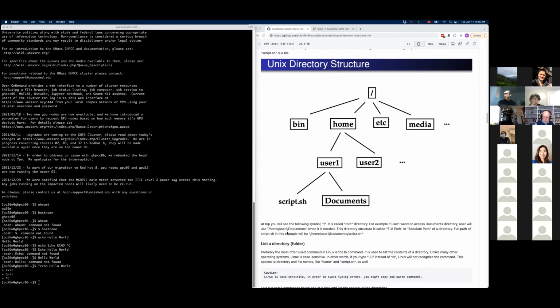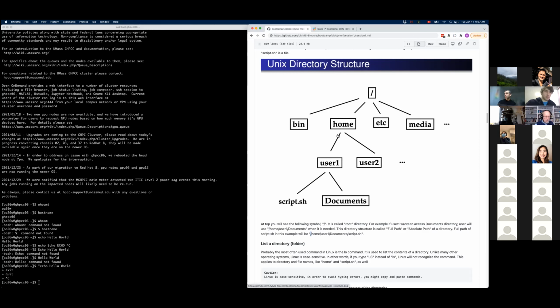So, for example, if I want to refer to the script.sh file anywhere in the command line in the terminal, I would use /, because the first directory is this, and then home/user1. And it's actually a mistake here. Obviously the script.sh is not in documents, right?